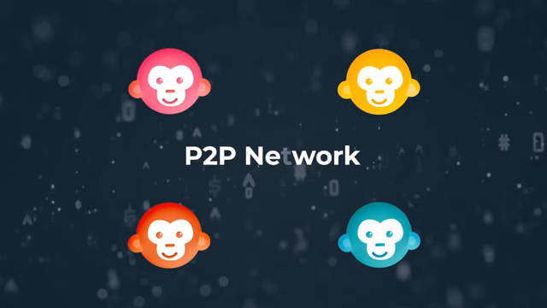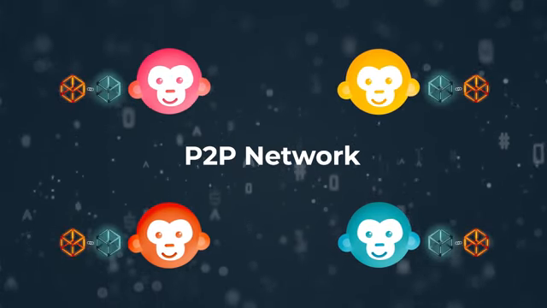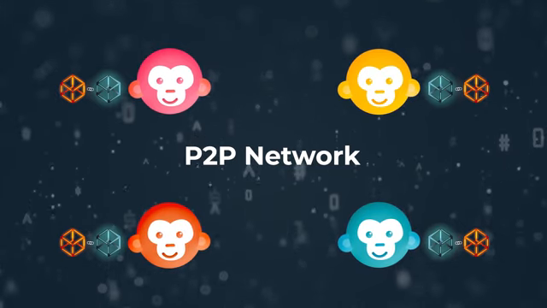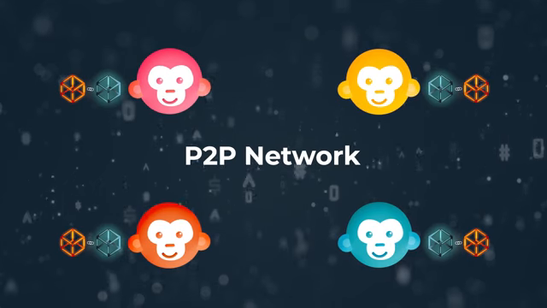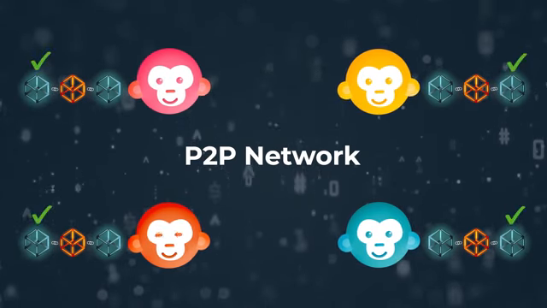Now to make blockchain even more secure, blockchain uses a peer-to-peer network where everyone can have the same copy of the blockchain. These peers in the network act as an agent or node, monitoring the activities on the blockchain. If there's a new block trying to be added to the chain, everyone in the network will have to verify whether or not this block is valid.